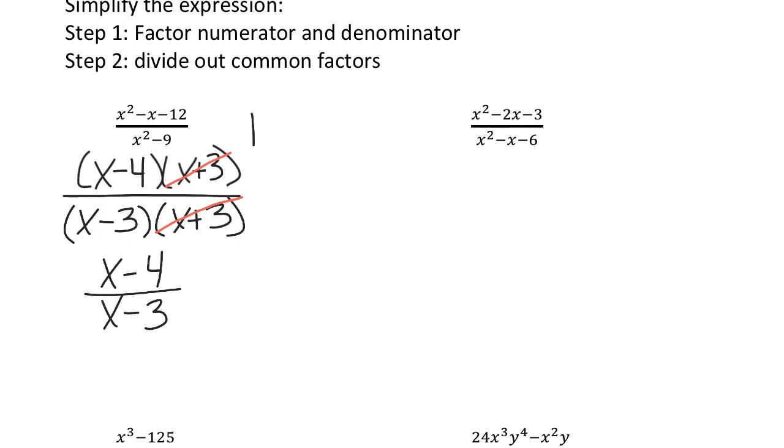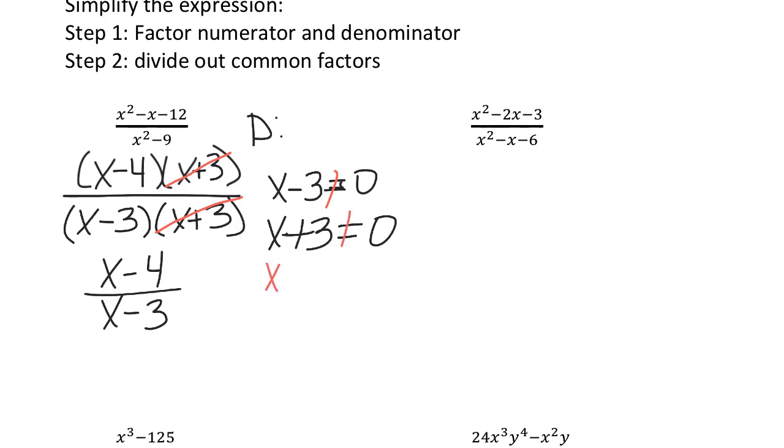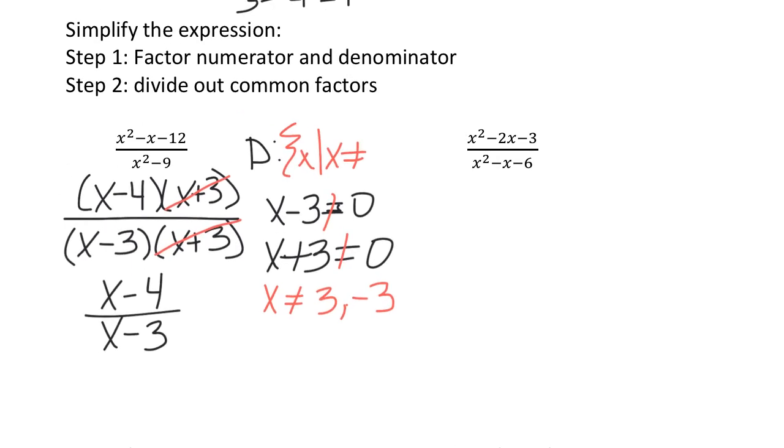So to look at the domain, we want to see what values will make the denominator 0. So I can set x minus 3 equal to 0, and I can set x plus 3 equals 0. Really I'm looking at where they are not equal to. These are the values that x cannot be. So x cannot equal 3, and x cannot equal negative 3. And that would be our domain, x such that x cannot equal 3